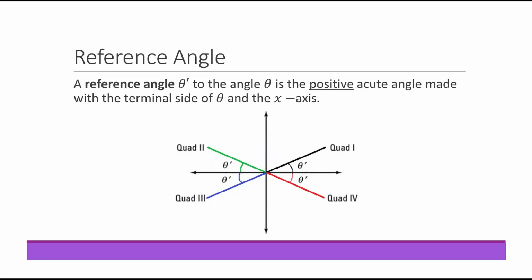And then if I go all the way around to an angle in quadrant 4, this would be the original angle, theta. Its reference angle, theta prime, is right here. So it's going from the terminal side, this red line, to the x-axis. The shortest way to get there to form that acute angle would be this angle here, theta prime. So that's understanding this concept of a reference angle depending on where your original angle's terminal side lies.